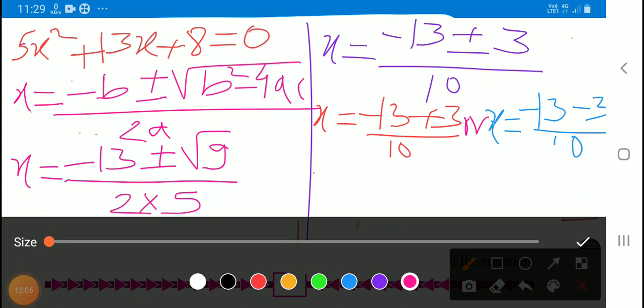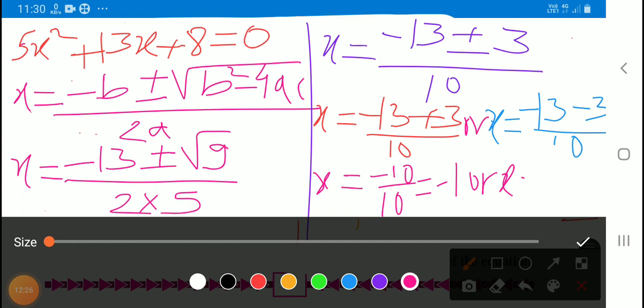So here x is equal to, look, negative 13 plus 3 means negative 10 upon 10. So here value of x is negative 1, or